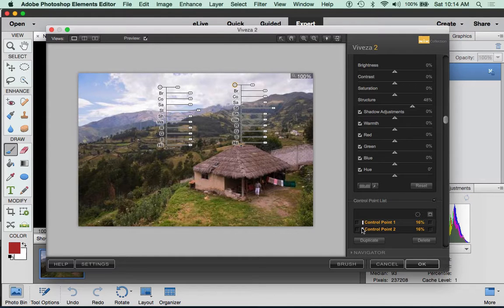Here's the way it looked before I had the control points activated. Now, turn them back on with the check. And that's what I did with the sky. So in many skies that you know have contrast, they have shadows in them, but you would like to make it more important in the overall image, going into Viveza and putting control points over the clouds and adding structure